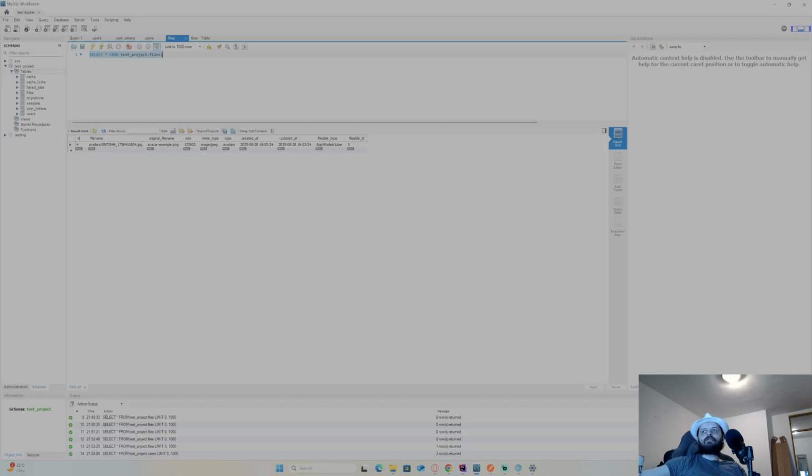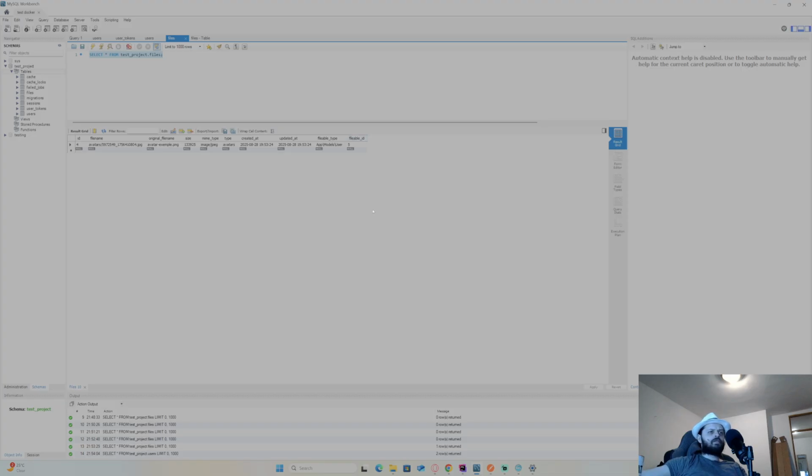IDs are not unique, not models, not fileable IDs, but the combination of these two keys is unique, right? There can never be two same combinations of fileable ID and fileable type, but these two fields by themselves are not unique. So basically, this tells me which ID on which model. Laravel will recognize which file belongs to which model by these two fields.